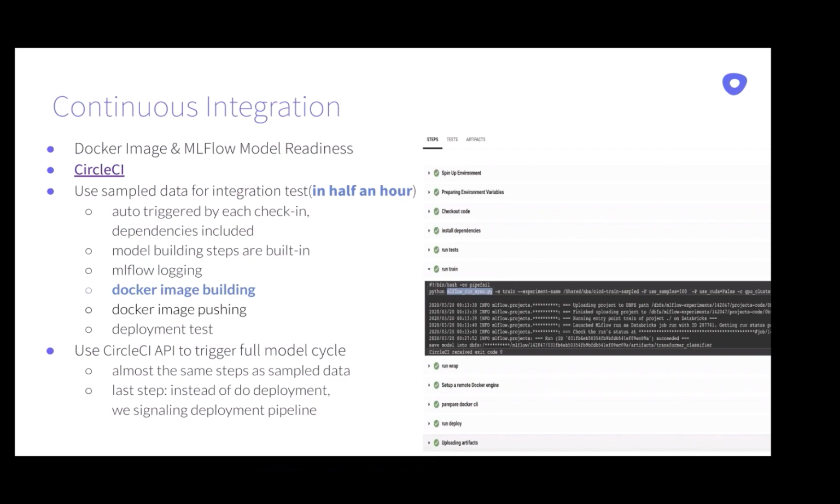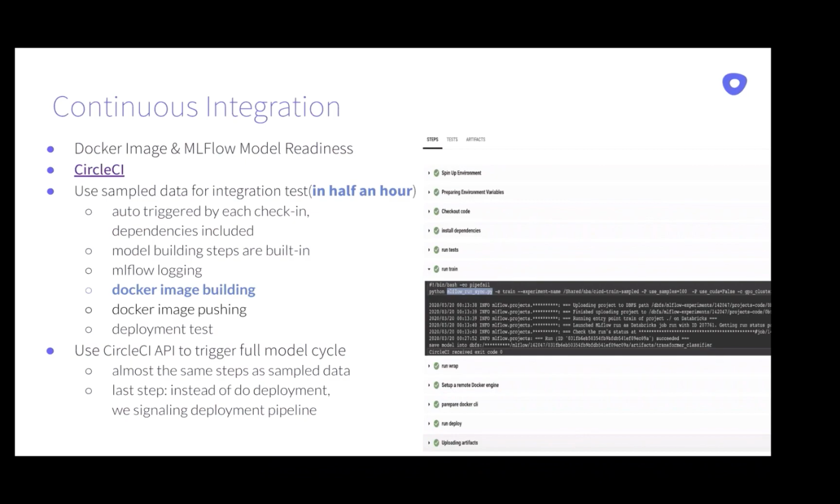Next, I'm going to talk about continuous integration and continuous delivery for ML service. There's a vague boundary between CI and CD, so we set the boundary with CI to have the Docker image and MLflow logged models ready for deployment.